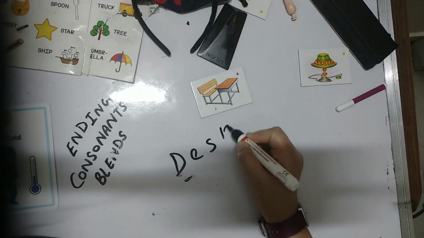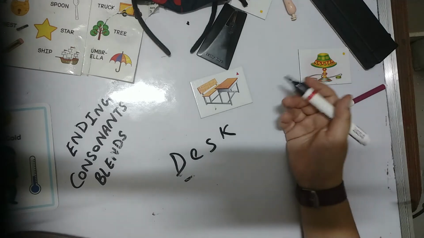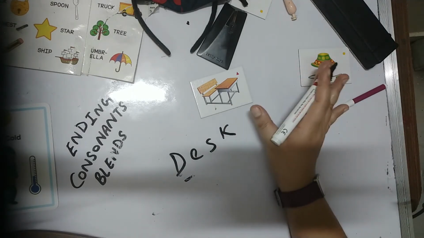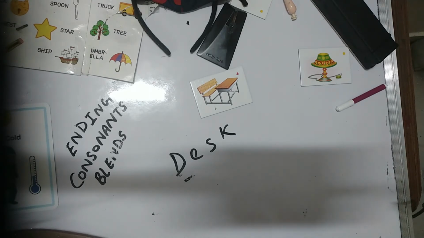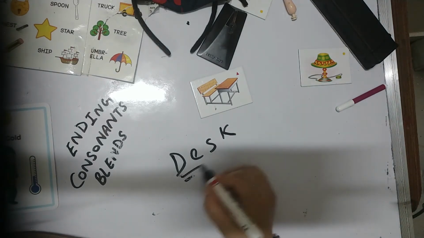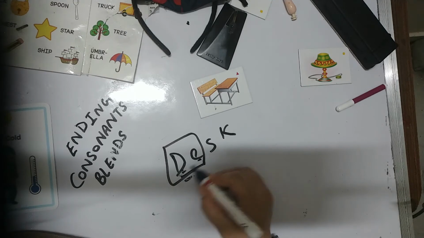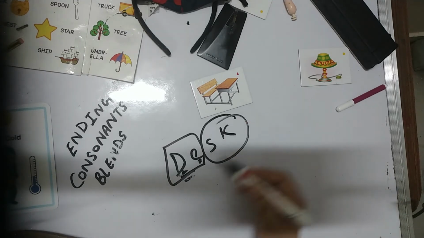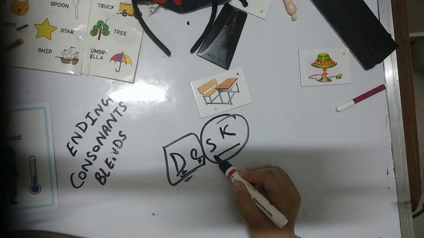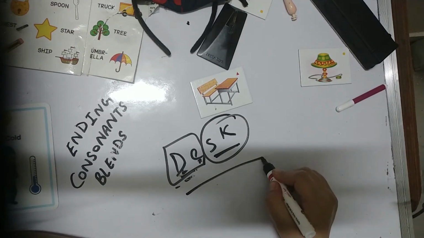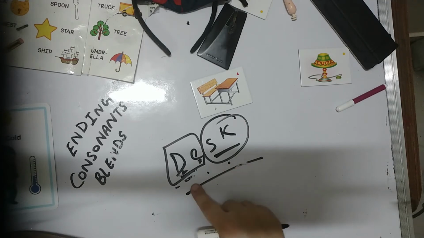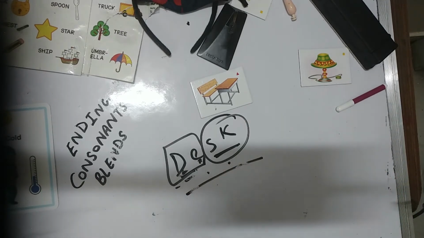So you can write the spelling. When you teach in this way, there is no need for the child to remember the spelling. The child can automatically remember lots and lots of spellings without any hassles. Like de, the child needs to say these two letters together and then the last two sounds together. Desk. So first individually and then together as a whole, desk.